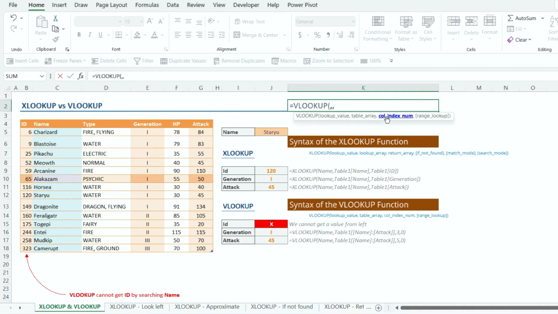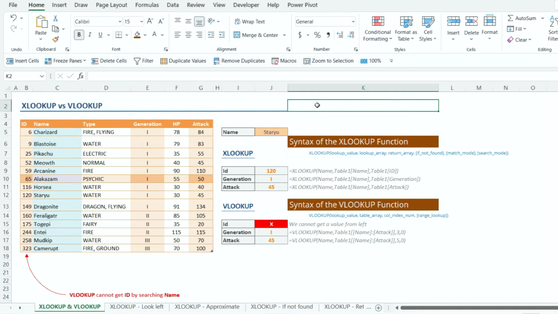Then after that, we shall select the column index number. We all know that with VLOOKUP, for the column index number, you count from where you started the column when you are selecting the table array. So if you started from name, that is 1, 2, 3 going forward. If you want to select attack, then you count 1, 2, 3, 4, 5. So attack will be in column index number 5. Then after that, you differentiate whether you want an approximate or an exact match. We are going to look at that all.